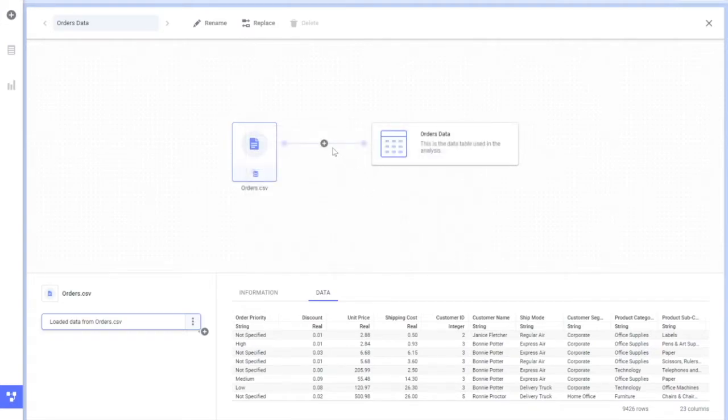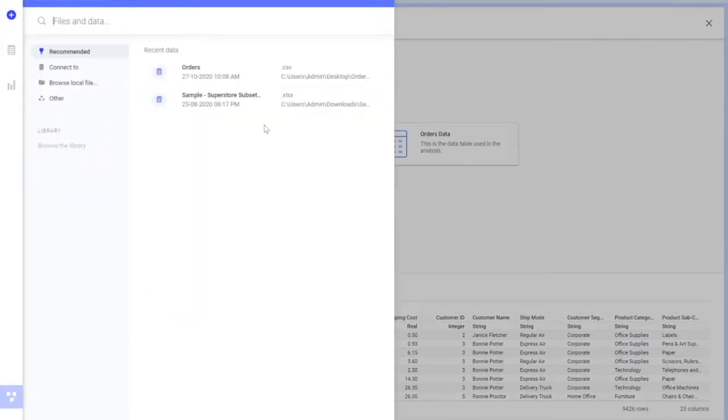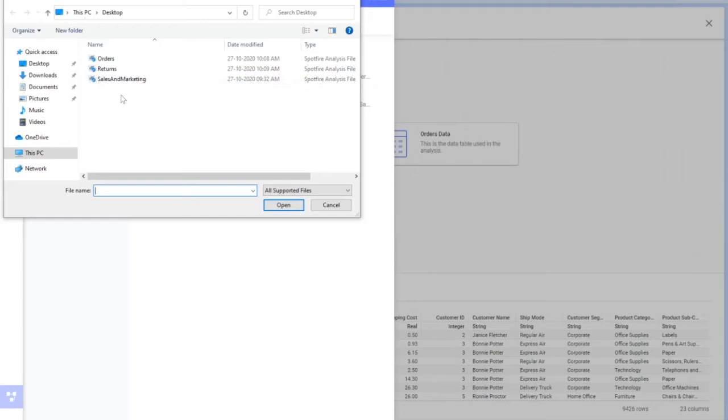I'll quickly show you one example where I can load the join. I can create a join. So here I have data. I realize that I need some information from a second table. So I'll connect to my second table, obviously. I'll say browse local file. It can be a local file, it can be a database table, it can be any source. It doesn't matter that one table is Excel and I need to load the other table also as Excel. No, that's not the case. I can join multiple sources together. So here I have this returns table.